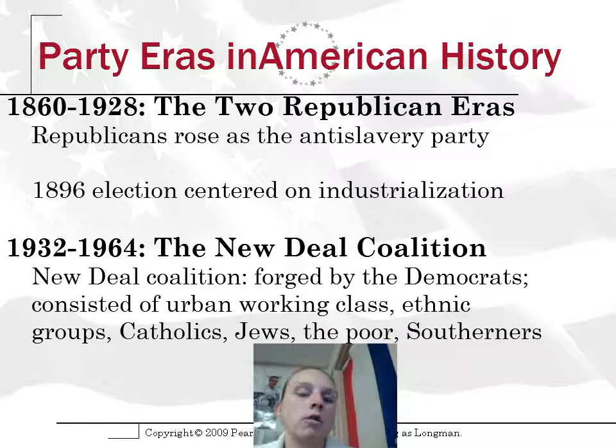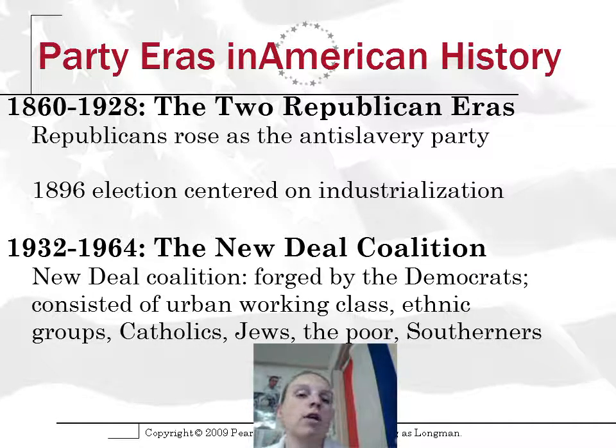The first one, number 3, would be the era of 2 Republican eras, where we're seeing this from 1860 to 1928. We're seeing a big wave of Republicans. We see a few Democrats here and there, we get Grover Cleveland, we get Woodrow Wilson, but it's mostly Republicans. How did the Republicans rise to power? This is the 1860s when we start seeing the second of the 2 major political parties we see today. Well, it was based on anti-slavery, abolitionism, free soil. They didn't want slavery to be in the expanded westward territories.